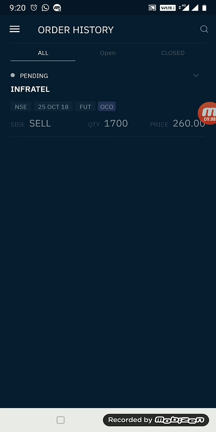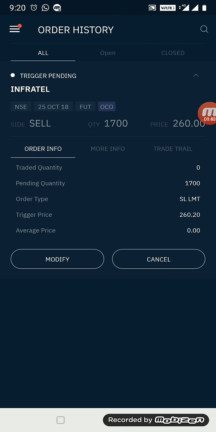This is the 2-minute strategy, 2-minute technique used by all the working professionals. You can see that the order is trigger pending, and once it is trigger pending, there is nothing which we have to do. You don't even have to look into the screen. At the end of the day, at 4 o'clock, 5 o'clock, 6 o'clock, after you return from your office, you can just look into the screen and then you can understand the loss or the profit which you have made.